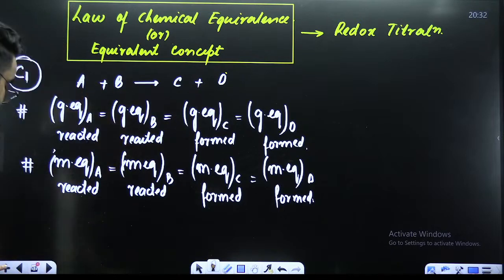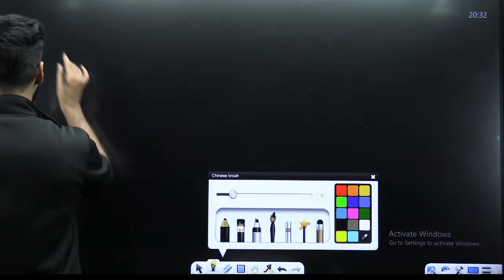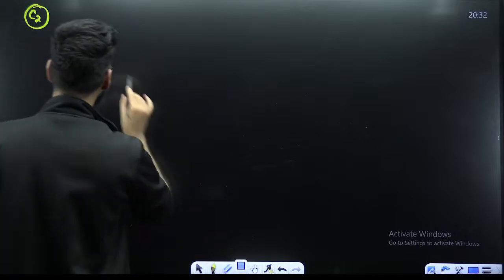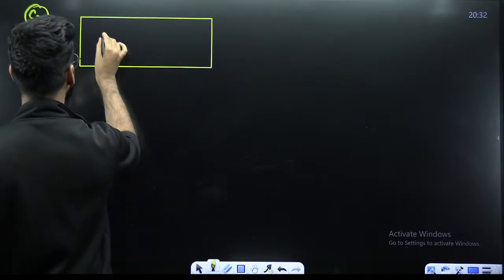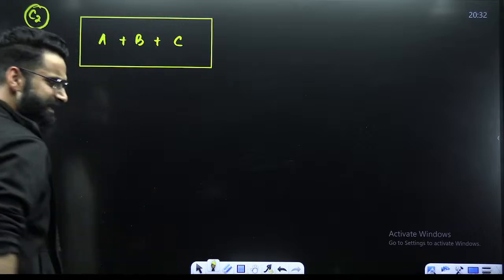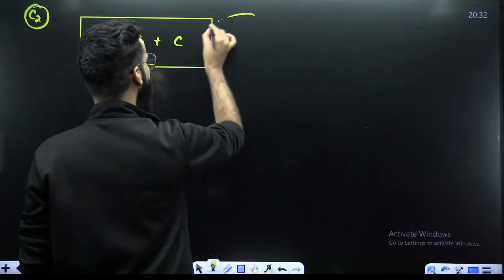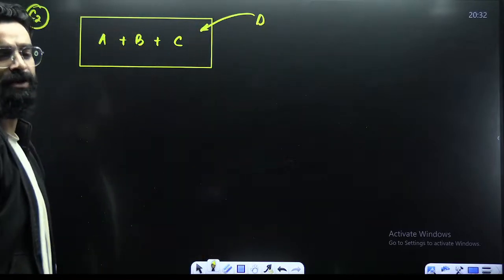Now, the second case, then I'll show you the questions as well. I have got different sets of questions for you, but let me make you understand a few things first of all. Case 2 here. My dear students, imagine you have taken a container, and in this container you have got a mixture of three things, a mixture of A, B, and C, for example. For example, you are adding D into this particular container.